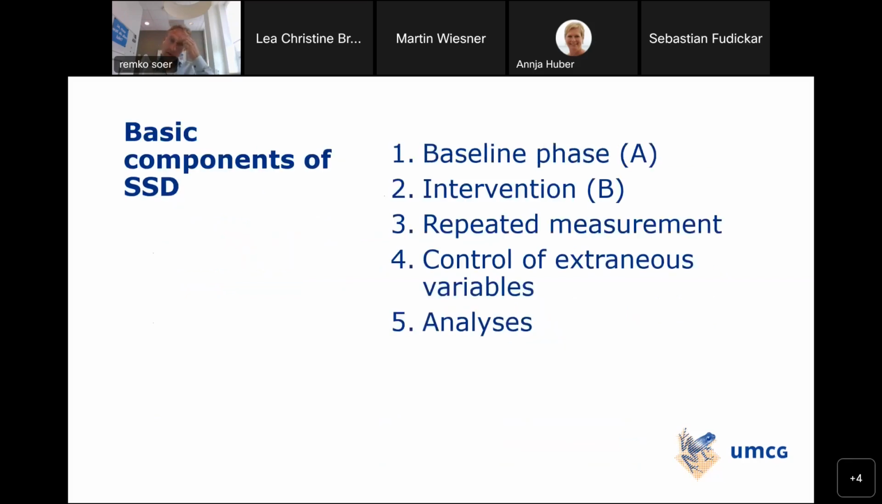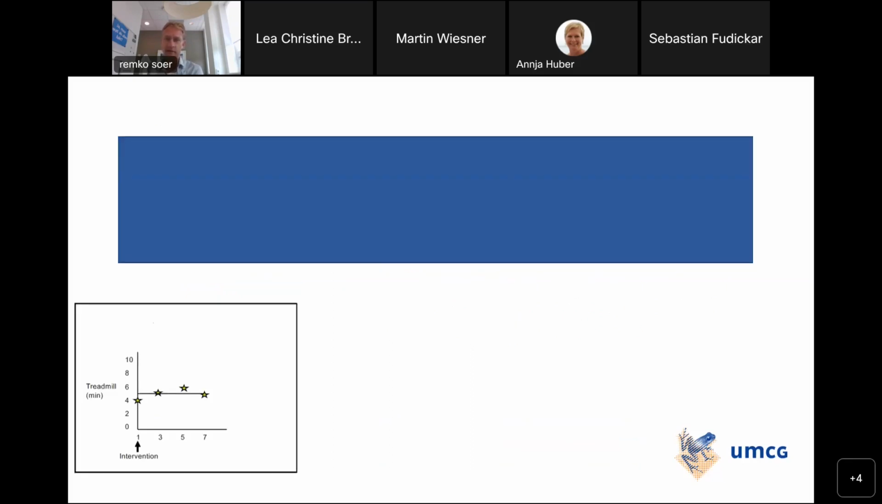So if we look at those single subject designs, what they have in common basically is that they have a baseline phase, they have an intervention, you could have repeated measures, you can control extraneous variables, and you can do analysis with them as well. So I want to go through those components and see what the strengths of those single subject designs are compared to the randomized controlled trials. So if we look at the baseline phase,